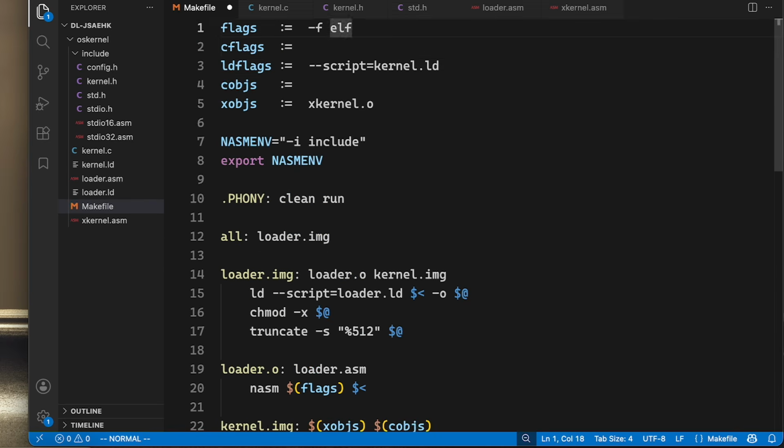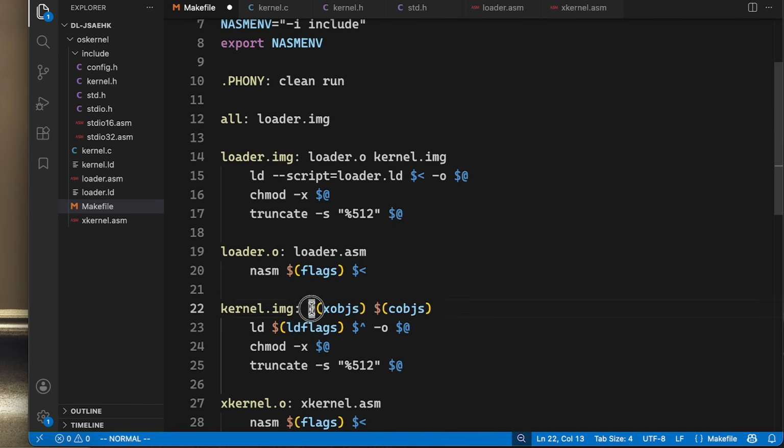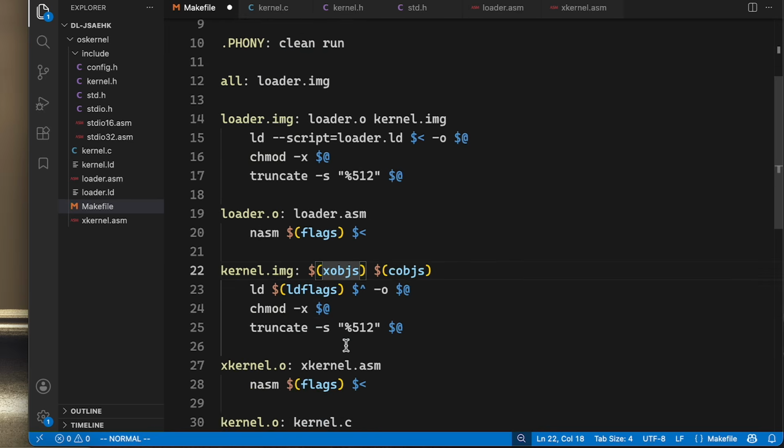And I want to make a list. I've already started. So for the kernel we want to compile xkernel.o, and we will also have some C objects. So here we'll have kernel.o. And it's important that inside here the X objects are first,